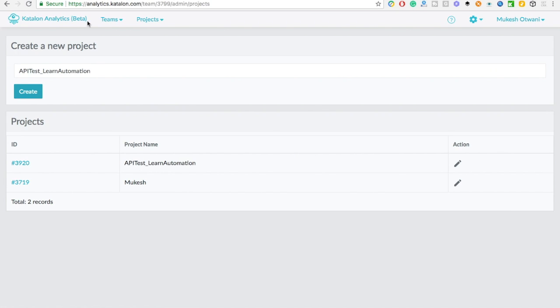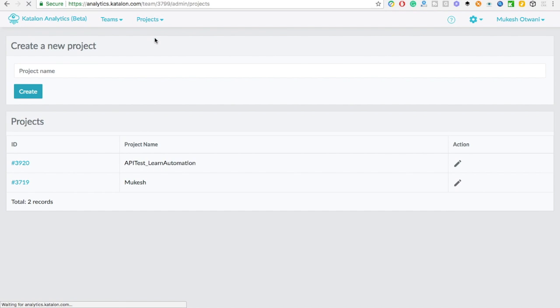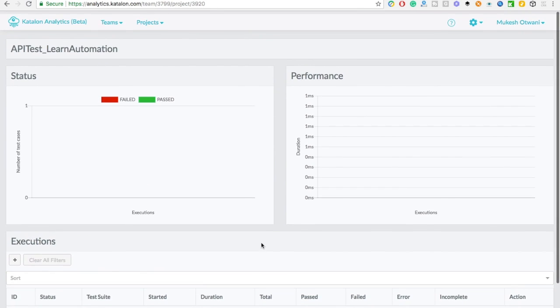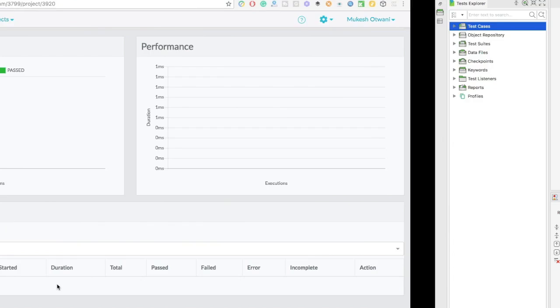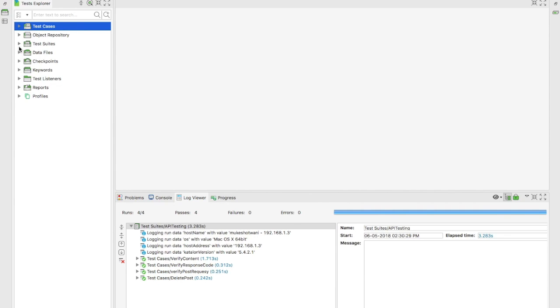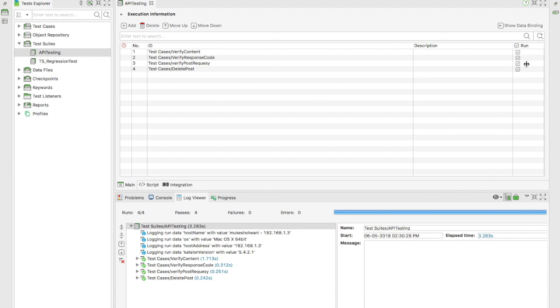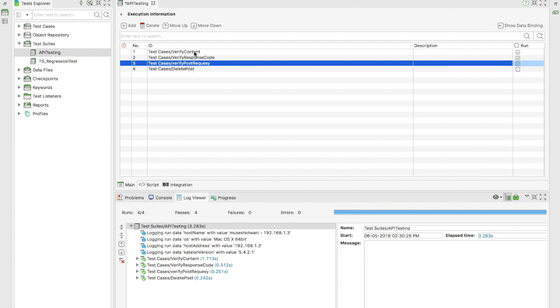Let's go back to this particular project which we created. Okay, let me refresh this. Okay, this project is already here, and since we have created this new project, you cannot see any test till now. What I will do, I will go ahead and run this test suite which we created. Okay, so I don't want to run this delete and post one, so I will uncheck this. I will only run the first 2 test cases. So let me quickly run this test,